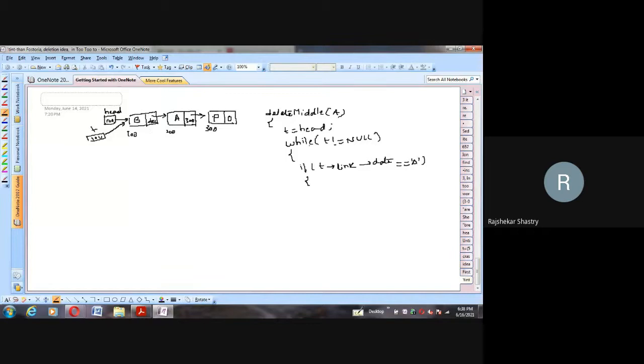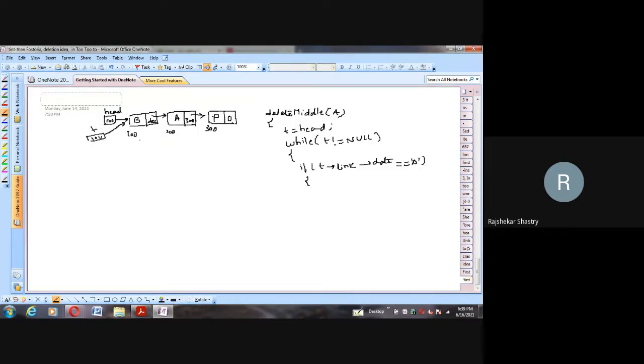Basically you have to even check that also, because it could be the first node too, but the middle node which you are passing, of course middle itself is a method name, so it should not be B, nor P; it should be somewhere in between B and P. So by assuming that I am performing here, be careful. Otherwise, we have to write in detail. It may be the starting node or the ending node like that. But purely we are talking about delete middle. So the node you are deleting should not be the first node and should not be the last node. It should be somewhere in the middle.